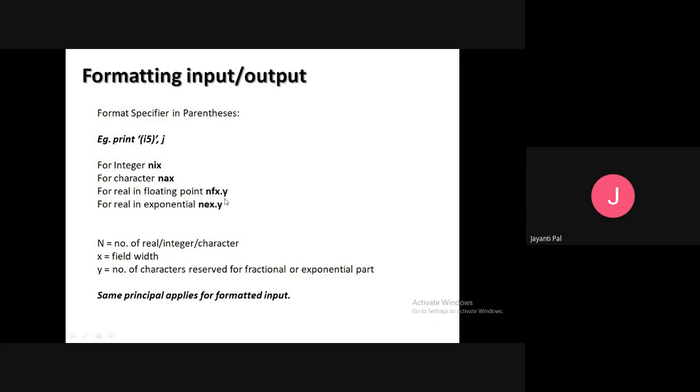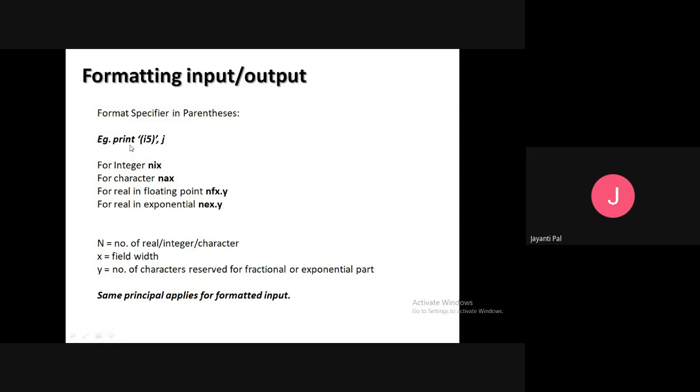Now x and y basically define the number or length of the integer and the other variables. The definition is that x is the field width or length of the integer or real value, and y is the number of characters reserved for the fractional or exponential part.